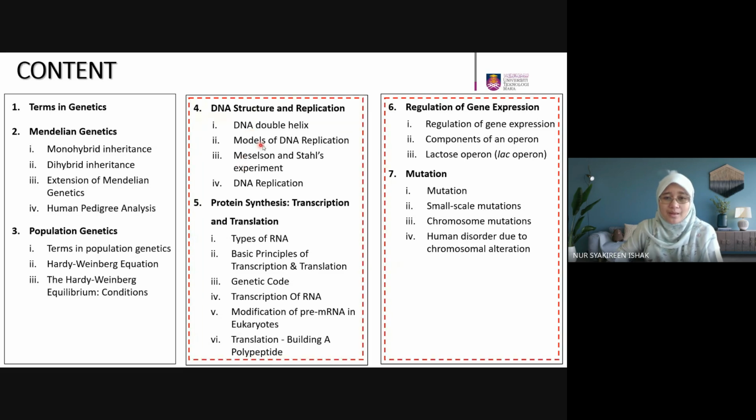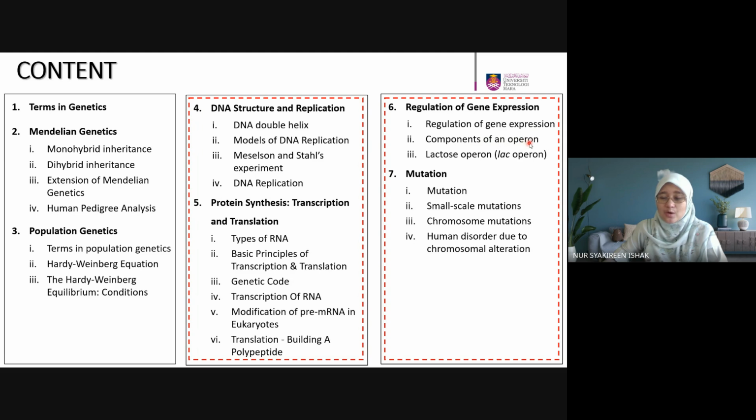The models of DNA replication, then the Meselson and Stahl experiment, DNA replication, and after that we are going to proceed to protein synthesis, which involves two processes, transcription and translation. So types of RNA, basic principles of transcription, translation, the genetic code, transcription of RNA, modification of pre-mRNA in eukaryotes, translation, which is building a polypeptide, and then regulation of gene expression,